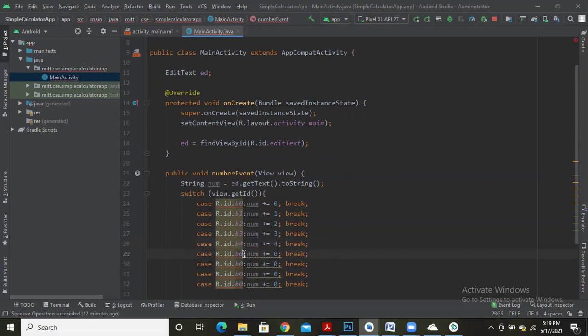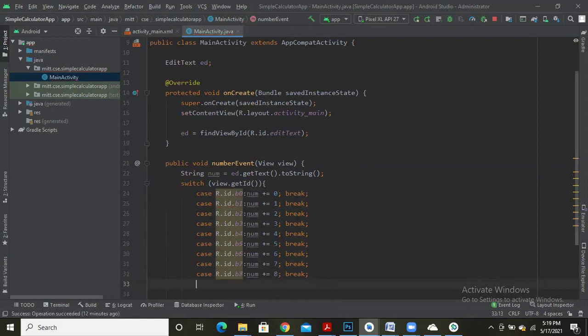In case of B5, number should be appended with 5. In case of B6, number should be appended with 6. In case of B7, number should be appended with 7. In case of B8, the number should be appended with 8. And finally, in case of B9, the number should be appended with 9.